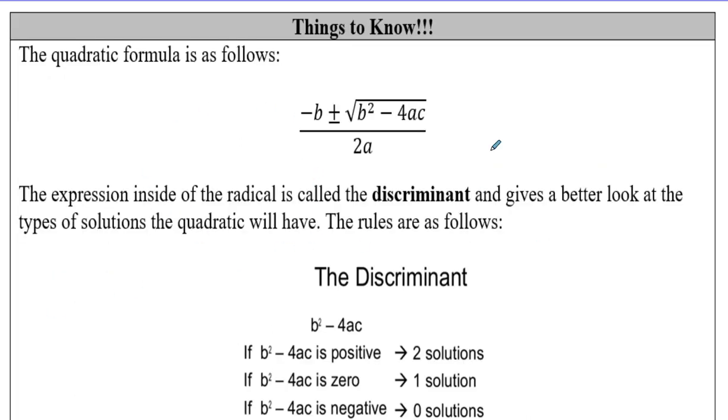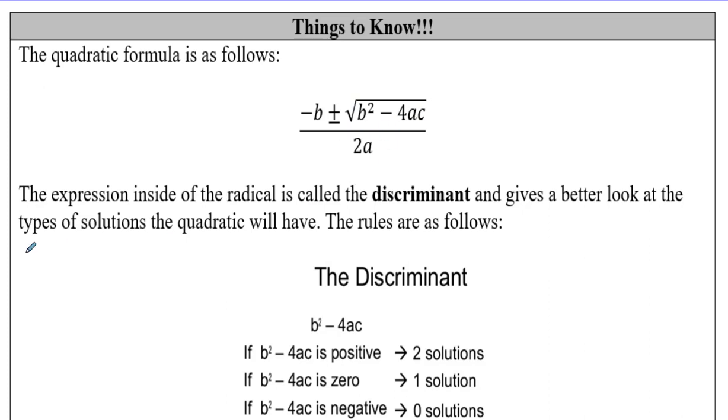So we got a good little chunk of info, and again I went ahead and printed this out for you so that you have it. I would highly recommend trying to memorize this formula. It's very good to use. There's actually some songs on the internet that were made for it, and I'm definitely not going to sing them for you. But what it is: negative b, remember, with square roots we got a plus or minus,